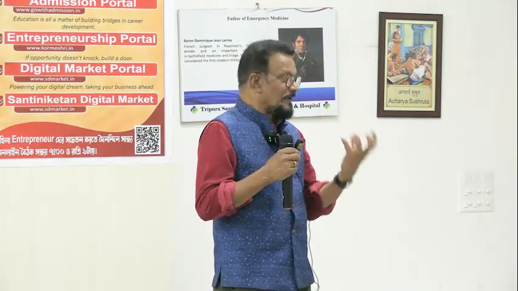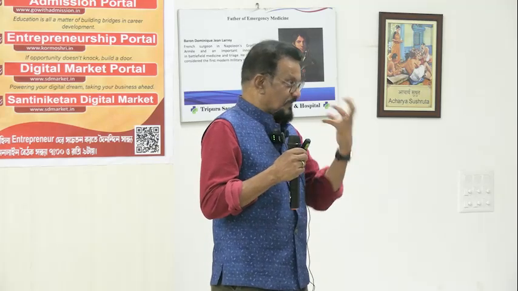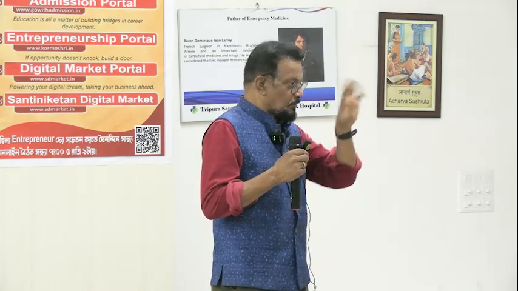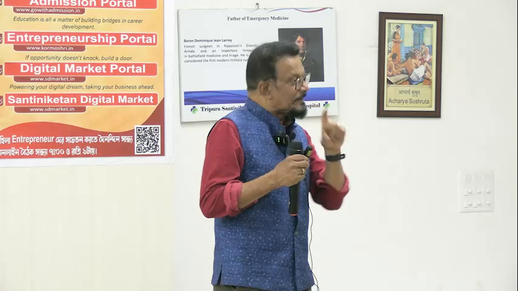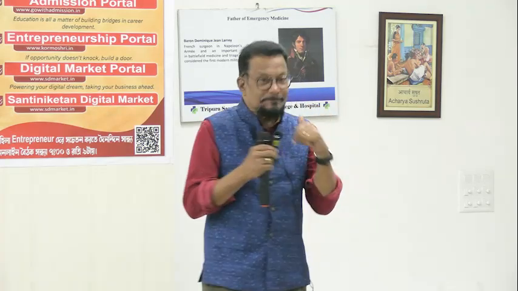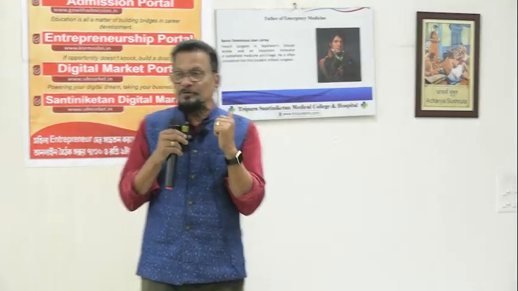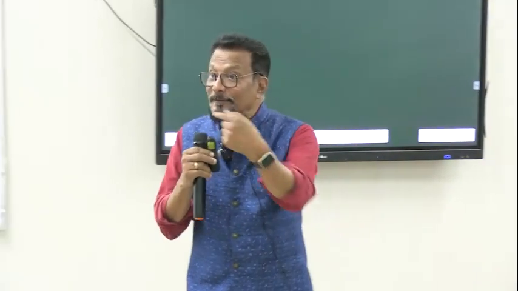You are eating flesh, egg, fish. So these proteins will be initially digested by pepsin. Actually, this is secreted as pepsinogen. Now, pepsinogen is inactive. It has to be converted into active form. And who will do it? Hydrochloric acid.